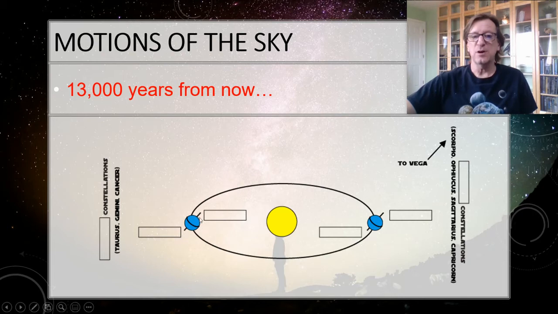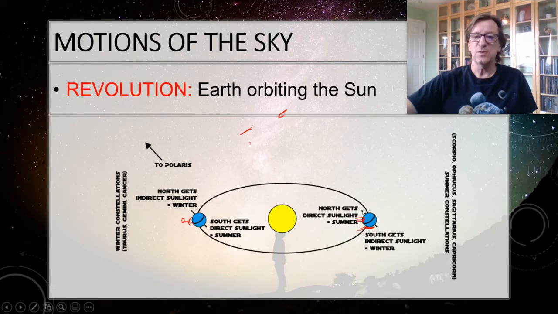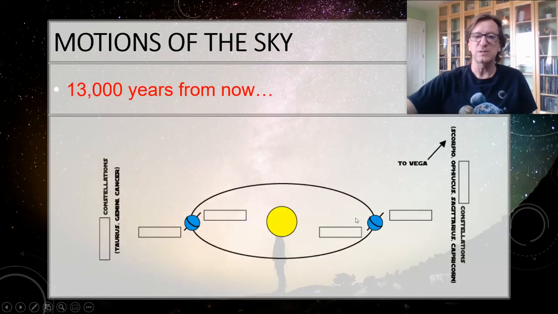All right, so we are tilted towards the sun, which means we're getting concentrated sunlight in the Northern Hemisphere. Is that summer or is that winter? That's going to be summer. So now, whereas our summertime position for the Northern Hemisphere used to be over here, now our summertime position is all the way over here. So if it's summertime here, these guys are getting indirect sunlight. What season is it for the Southern Hemisphere? That's going to be wintertime for them.